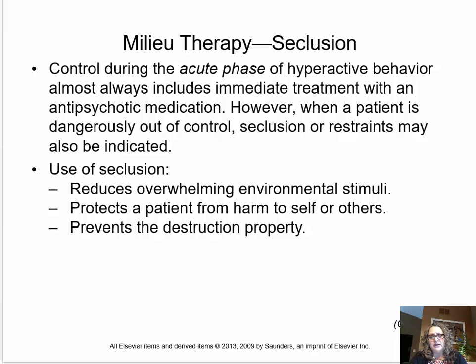And there are very strict institutional rules and regulatory agency guidelines for the use of seclusion and restraints. Seclusion and restraint is always used as a last resort, and that includes physical restraint as well as chemical restraint. And even then, seclusion is used even more rarely than restraints. So the use of seclusion reduces overwhelming environmental stimuli, protects the patient from harm to self or others, prevents the destruction of property. The most important thing that I hope that you all understand about the use of seclusion